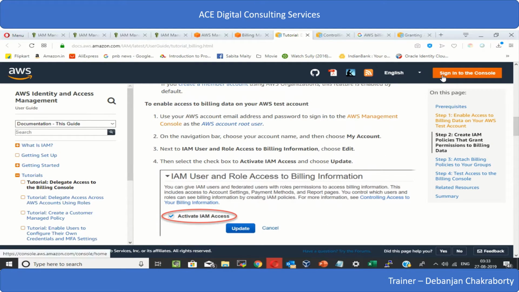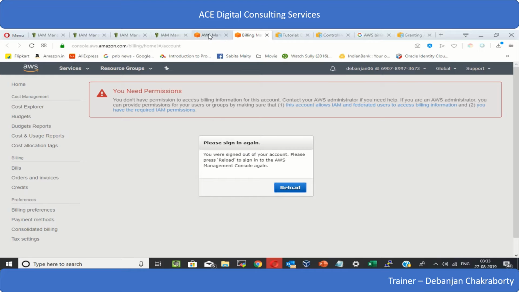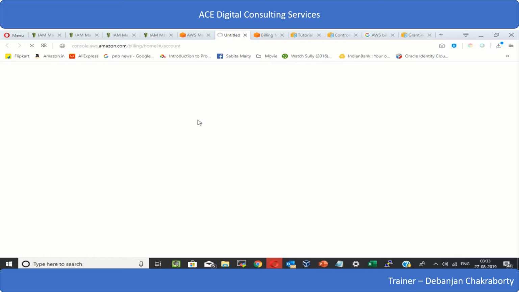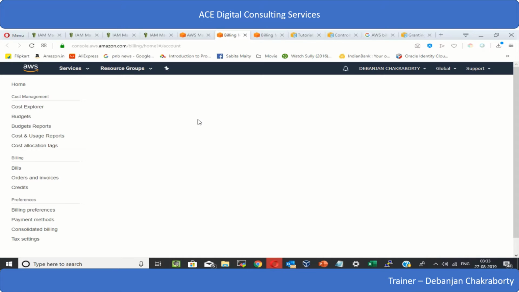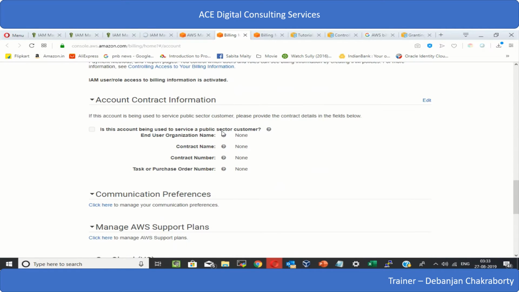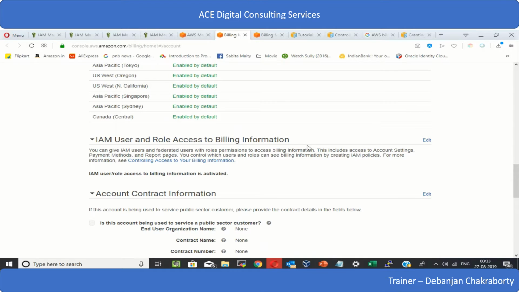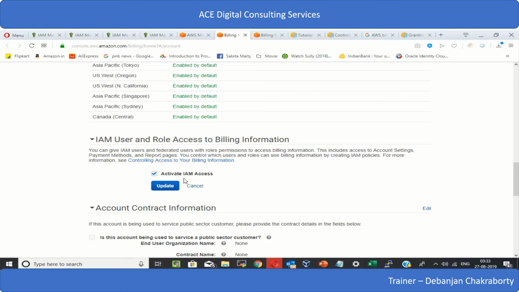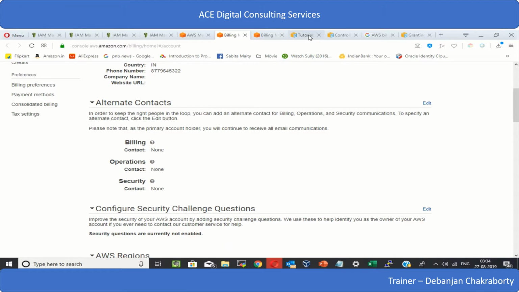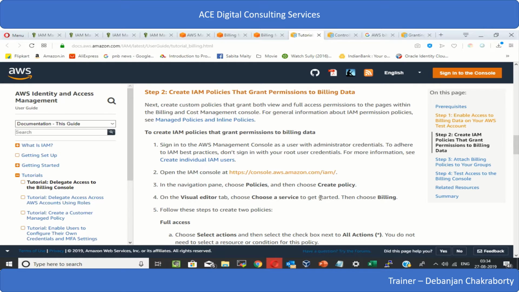So first you go to your console, you go to your my account. So you go to IAM user and role access to billing information. You have to give edit, activate IAM access. This thing you need to update. Once you have updated, then after that you need to go to